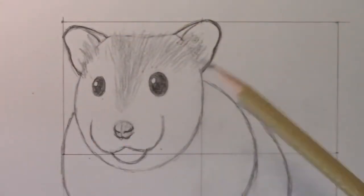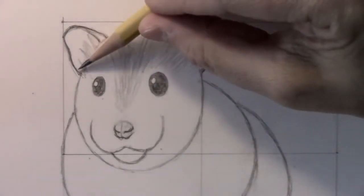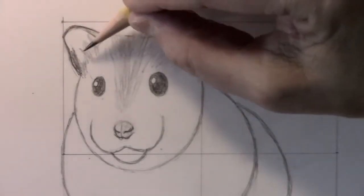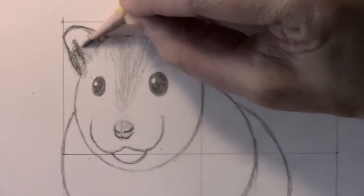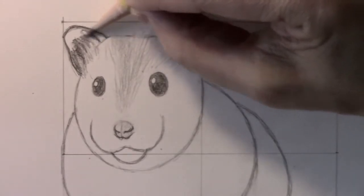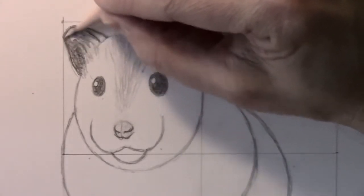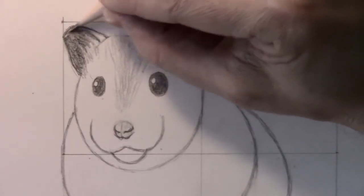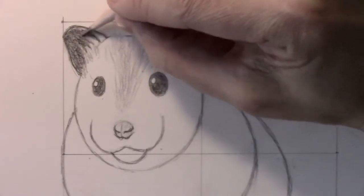And what you're going to have to do in order to get the hair into the drawing is darken in. I mean, the ears are fairly dark, almost black. But you have to start darkening in and then leaving gaps here. See what I'm doing to indicate the existence of the hairs right there at the top of the head. So just shading in. And again, I expect I'll be darkening in more with my trusty black Prismacolor colored pencil later on,